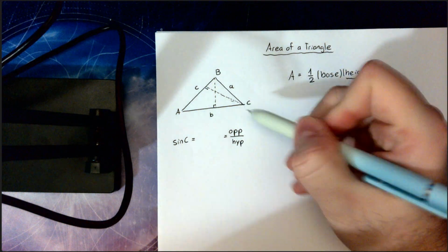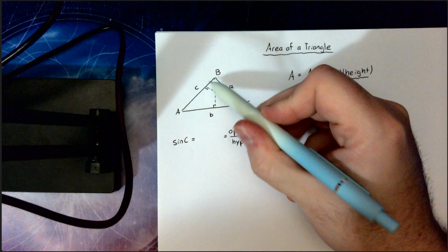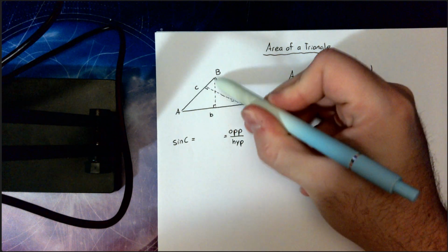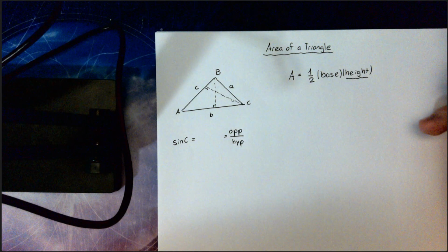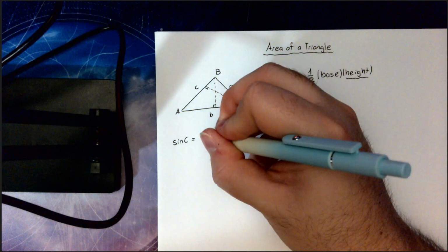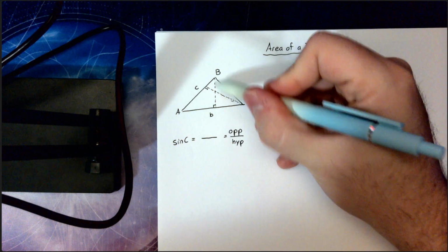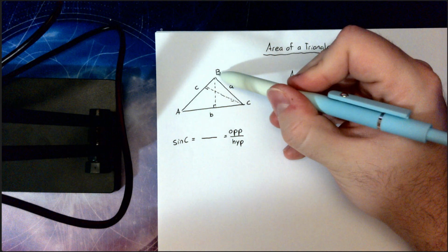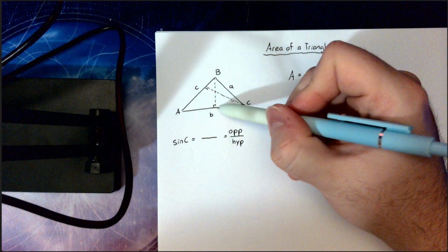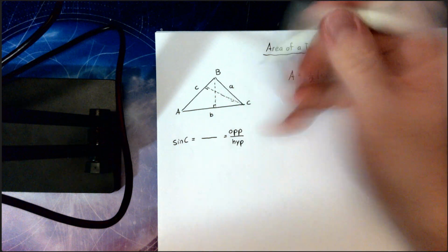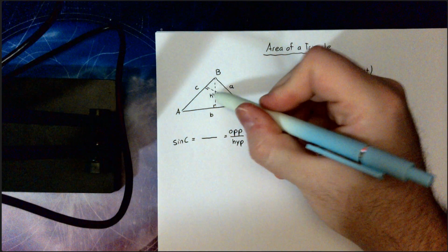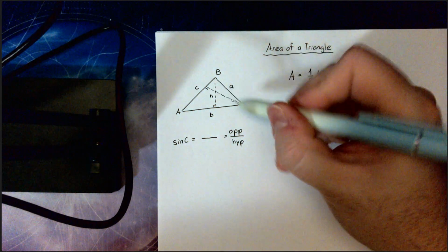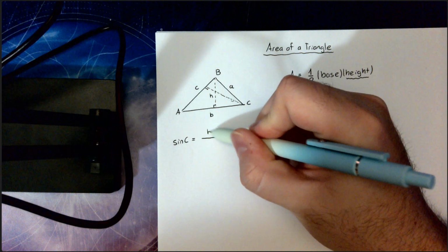Here, of course, this only works for a right angle triangle, so I can't say little c, but I can use this over here because that's what I'm interested in, right? I need to rewrite my height somehow. So if I look at this right angle triangle that's formed from BC and over here where the height hits the side of lowercase b, I'm going to label that h, and the sine of C will just be h